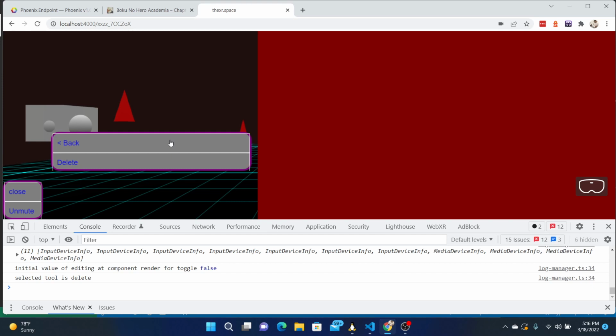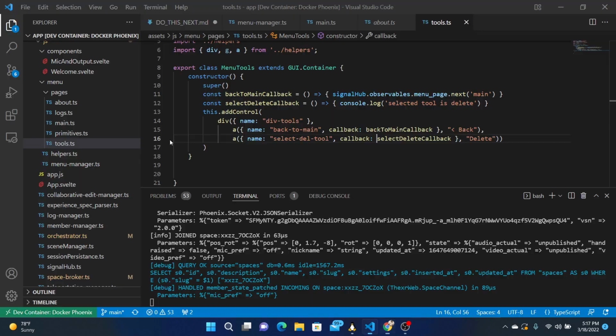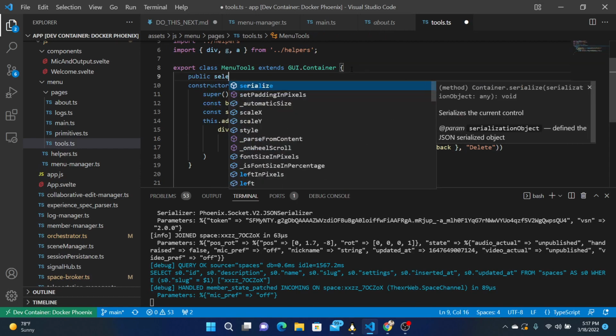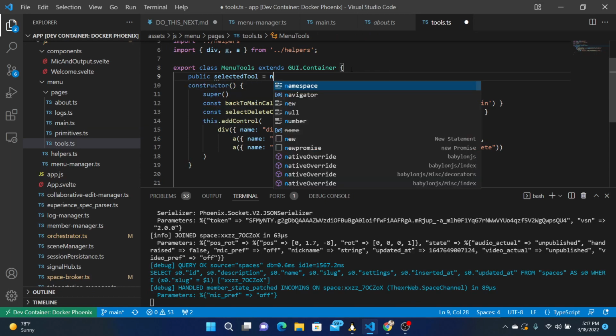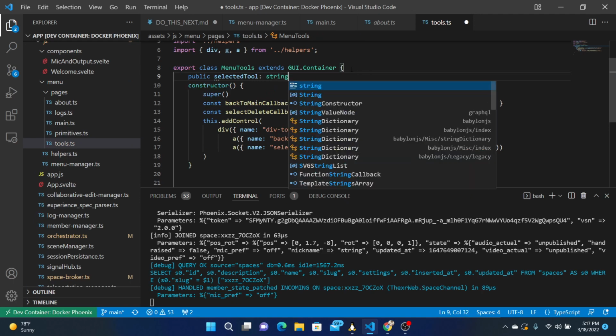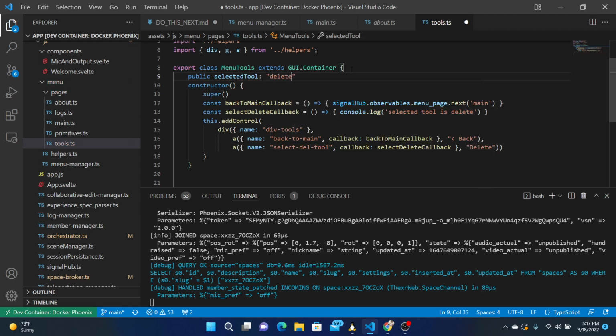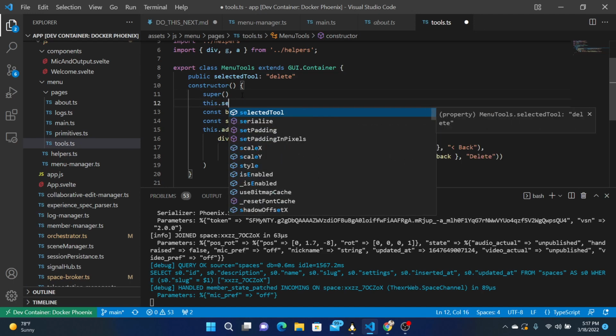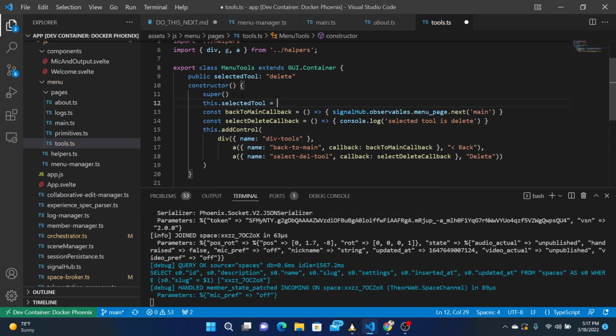So, if we remain on this page and the tools are open, then I don't need another observer. I can just say that there is a selected tool. So public selected tool is, let's just say it's a string, or it's the delete tool. And this selected tool, let's say, is delete. Then when you jump in here,